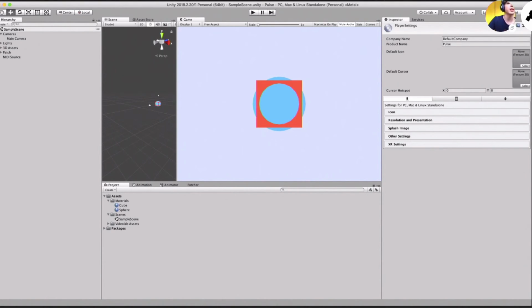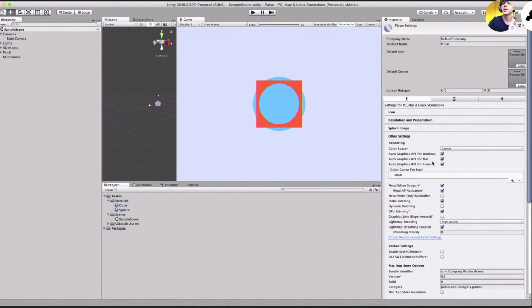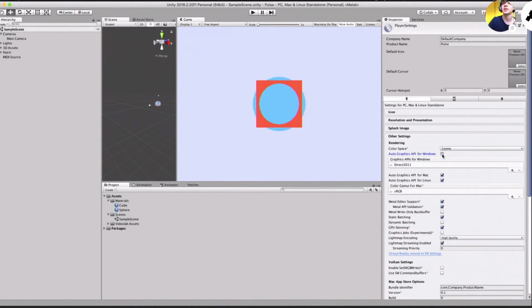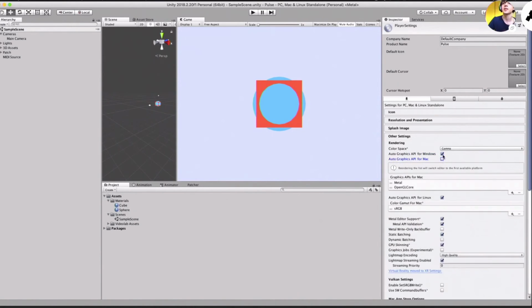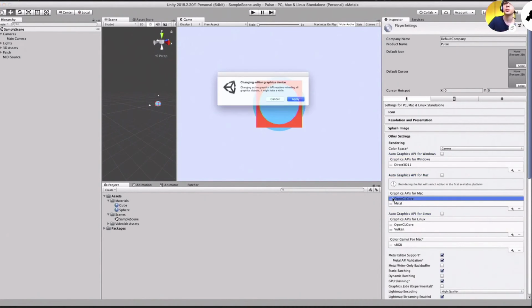So you can actually find it a lot easier if you go to Unity, then go to build settings under file, and then player settings. You can just hit that, and then it'll bring up this little inspector window. And we're going to go other settings and disable auto graphics API. So go Mac disable, and I'm just going to turn these off generally and drag up OpenGL Core on Mac